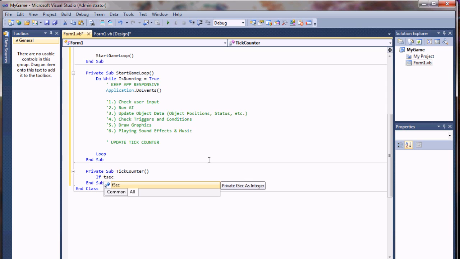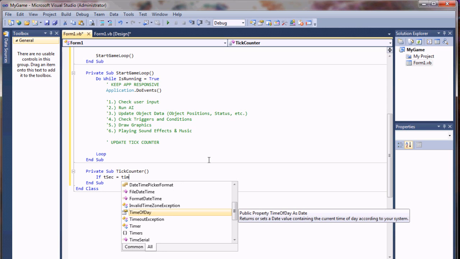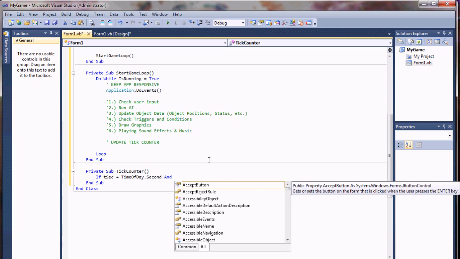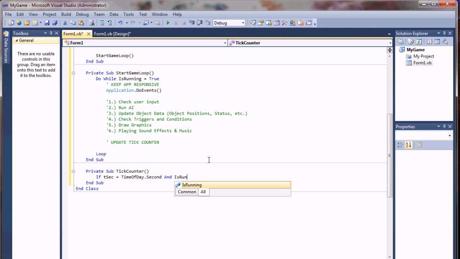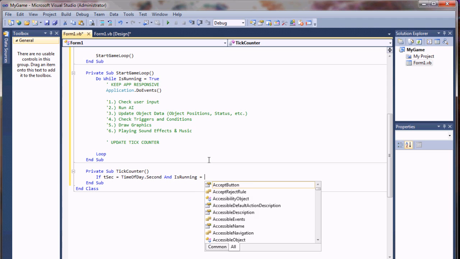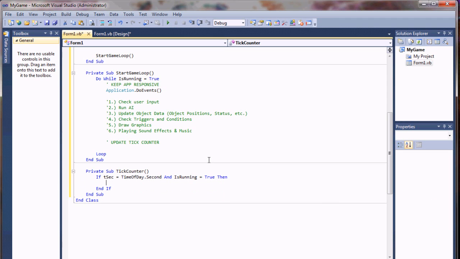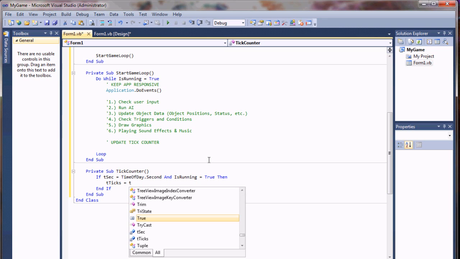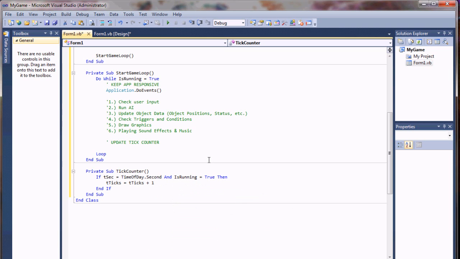If time seconds equals time of day dot second and is running, you know, if our game's paused, we don't need to keep running our counter. If it's running, then what we will do is we'll take t ticks equals t ticks plus 1. So every time this loop completes,